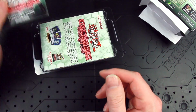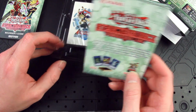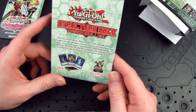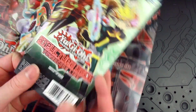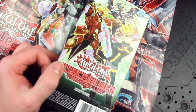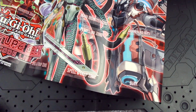But anyway, moving on, we also have the structure deck, which actually has a list of cards on the top. It actually lists what's in here, so it has the deck and the beginner's guide, as well as a playmat. And like I said, the size of this box, I didn't really go over the size of the box. The thing about these boxes being this large, they used to just be large enough to hold the cards, but they had to get larger, partly because of Yu-Gi-Oh!, because it had to include these large playmats and rule books,